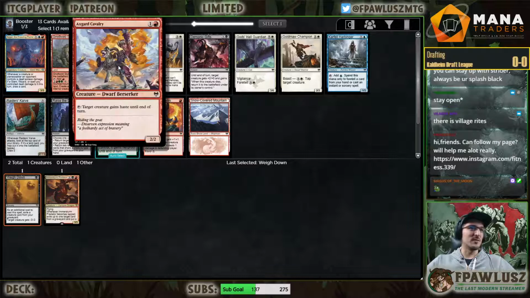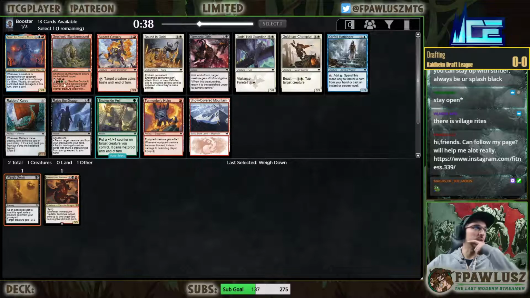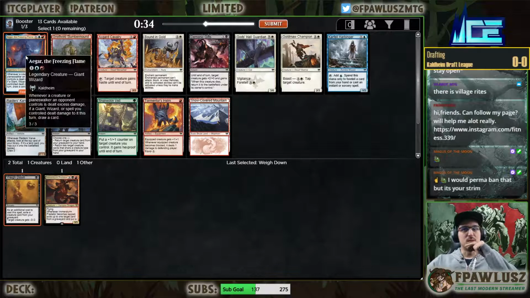Okay, so here we have a couple of options. We can have the Cavalry, we can have Tormentor's Helm. I think I'm gonna pick the Agar. And I'm gonna try to...